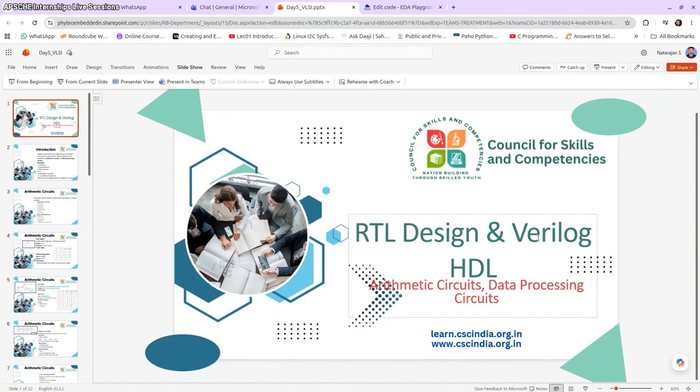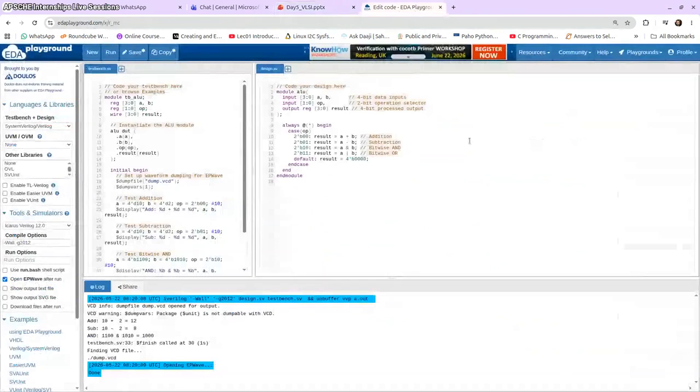Still 4 to 5 days, you have to be patient. Then we will move into learning Verilog. We will be learning the Verilog code, and then you might feel full of hands-on. I hope you guys would have gone through the